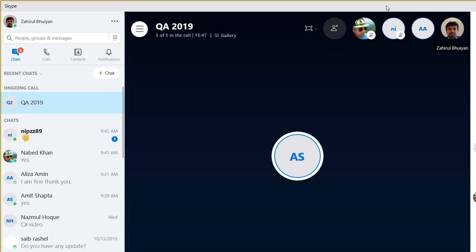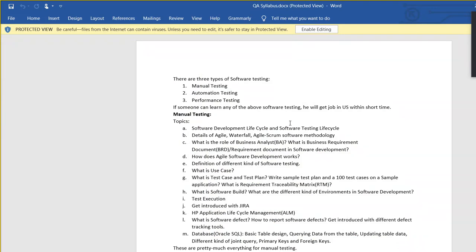If you take a look at this document, in this course you'll see a lot of people work in manual testing. Some of them do manual and automation testing both. A lot of people work in automation testing, and there are folks who work in performance testing. If you are good in any of this testing, if you know what it means and you can work on it, you'll be getting a job in the software industry as a software QA engineer or software test analyst.